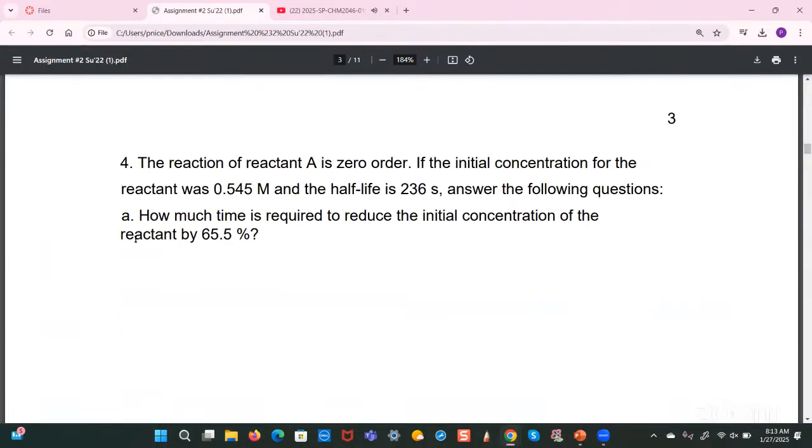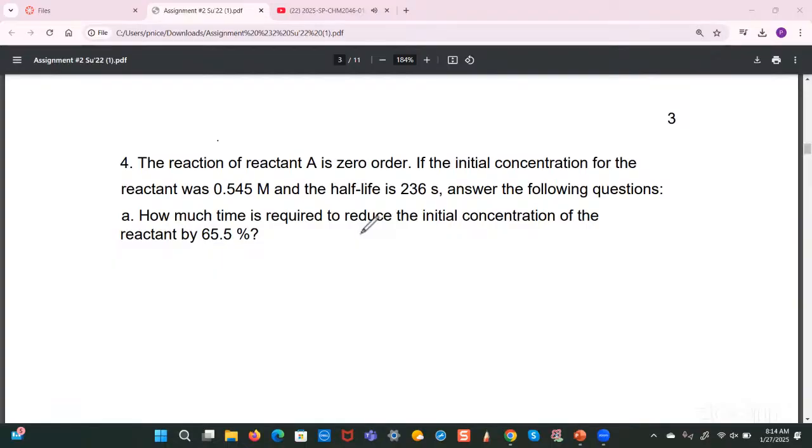So the question says the reaction of reactant A is zero order. If the initial concentration of A is 0.545 and the half-life is 236 seconds, answer the following questions. And the first of which is how much time is required to reduce the initial concentration